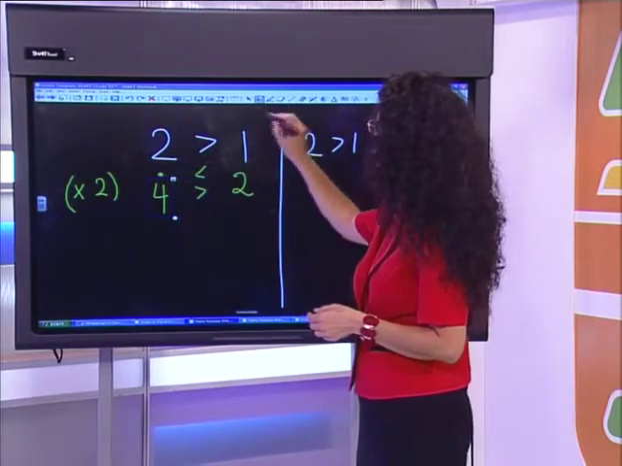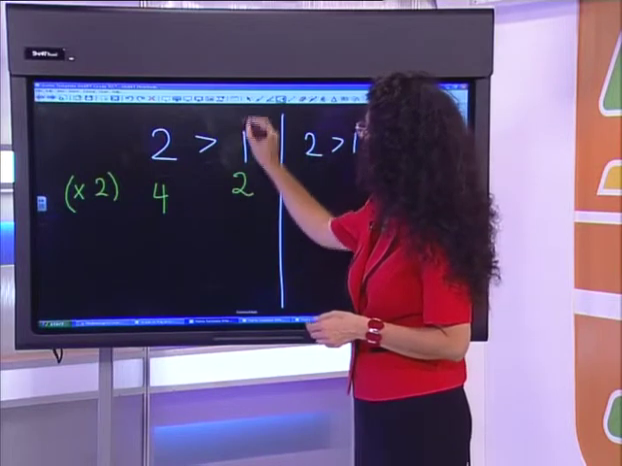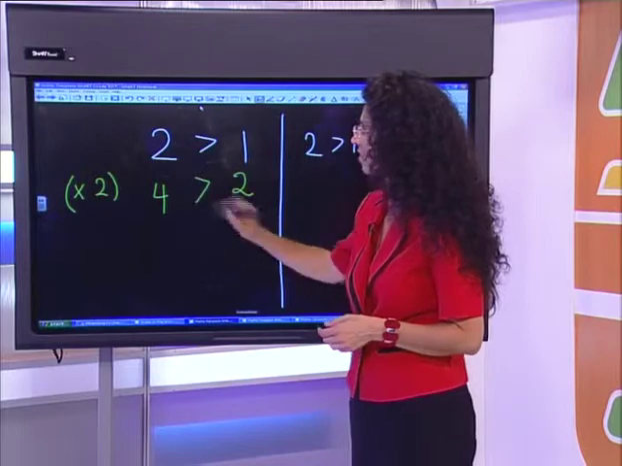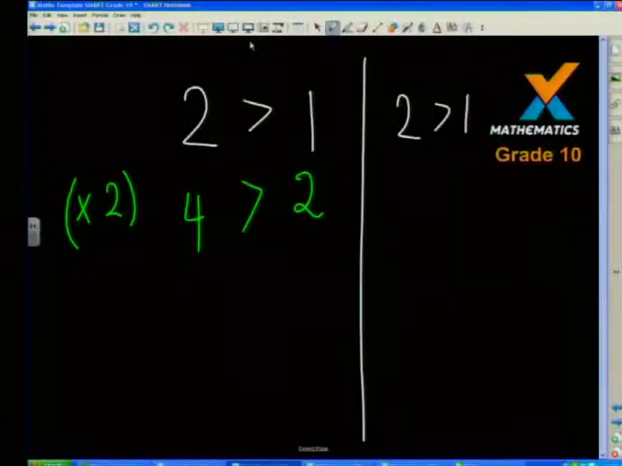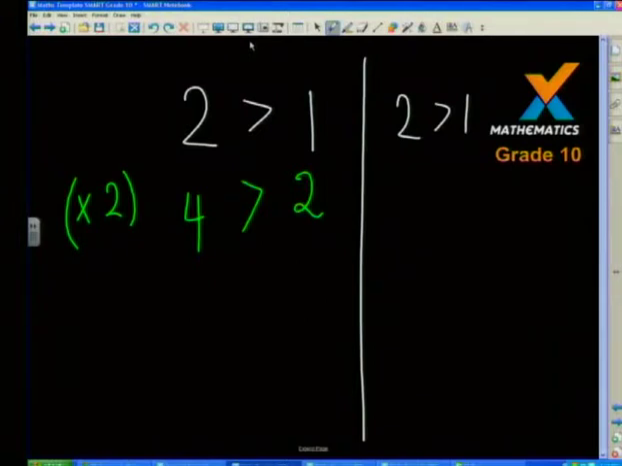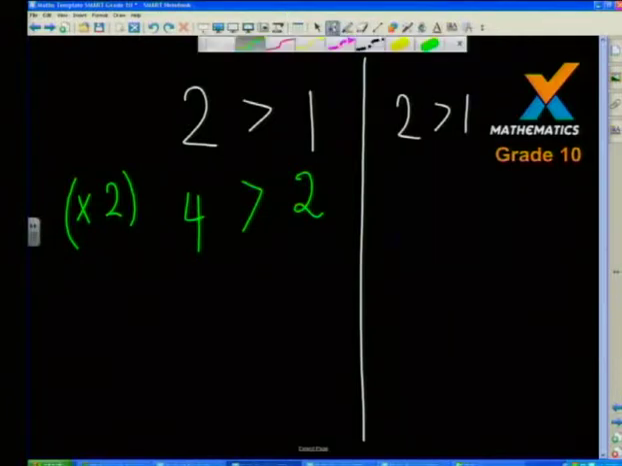And it's obvious what we would put in there. We would say 4 is greater than 2. So the inequality was greater than, it remained greater than. The comparison between 4 and 2 is exactly the same as the comparison between 2 and 1. The numbers on the left are both greater than the numbers on the right. So nothing has changed. If we look at 2 greater than 1 and we now multiply by a negative 2,